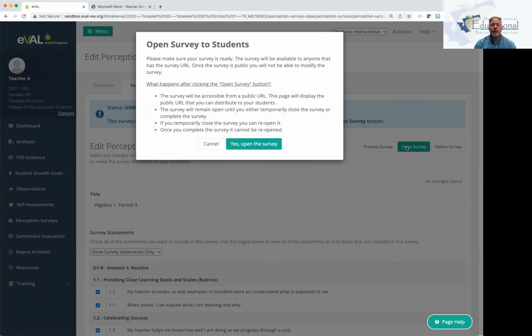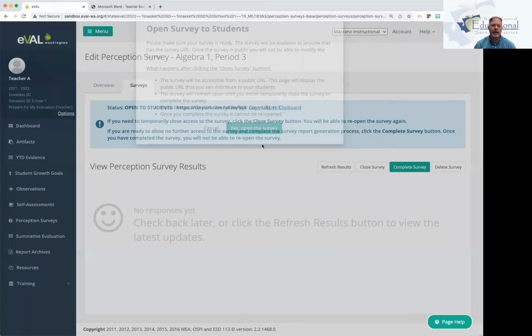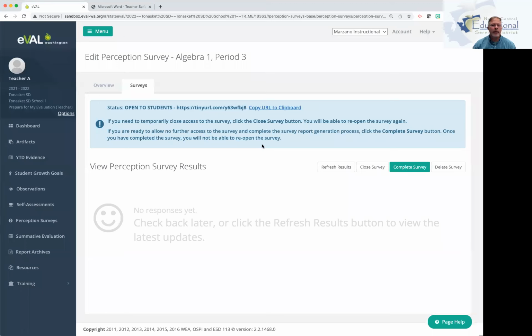If you decide to temporarily close the survey for some reason, you can reopen it, provided you have not completed the survey. So I'm ready to open the survey. I'll go ahead and click yes. And when you've done that, you get a URL at the top. And that link can be used by students to access your survey. When you send it to them via email, etc., they can click on the link